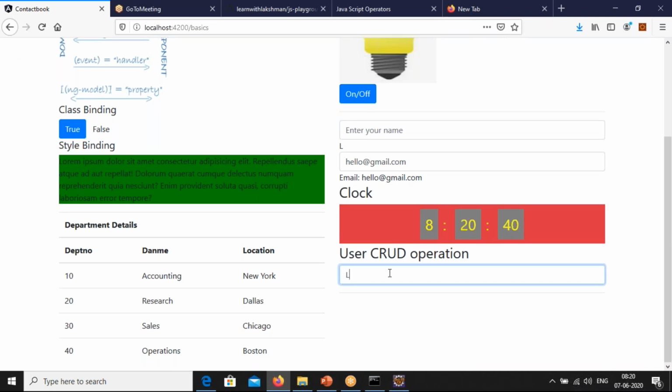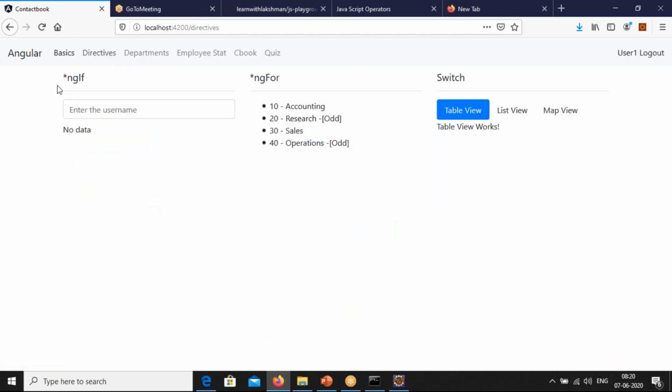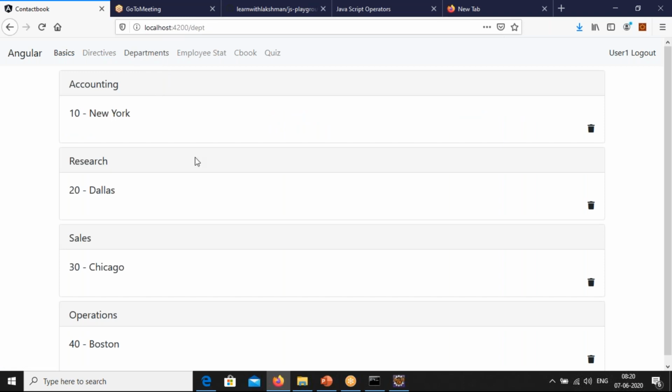Now we say user, and it is going to add it here; you also learn to delete, with all the CRUD operations and directives. So how to use ngFor, ngIf and ngSwitch, like this list view. And then we have parent and child communication, and how it happens.